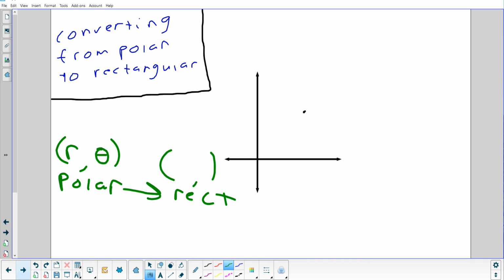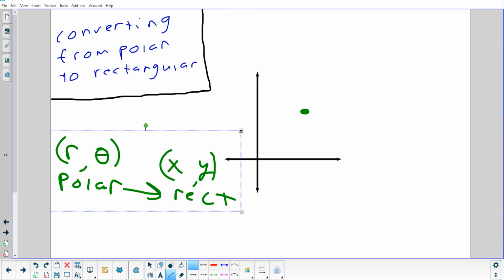Now, we're trying to convert that into the system of coordinates we're used to. What do they give you in that system? They don't give you an R and a theta. A what? They give you an X and a Y. So the goal here is to turn a distance from the origin and an amount of rotation into a horizontal and a vertical value. All right, so let's pretend this is our point. If that's a point in polar, you would know two things about it. First of all, you would know